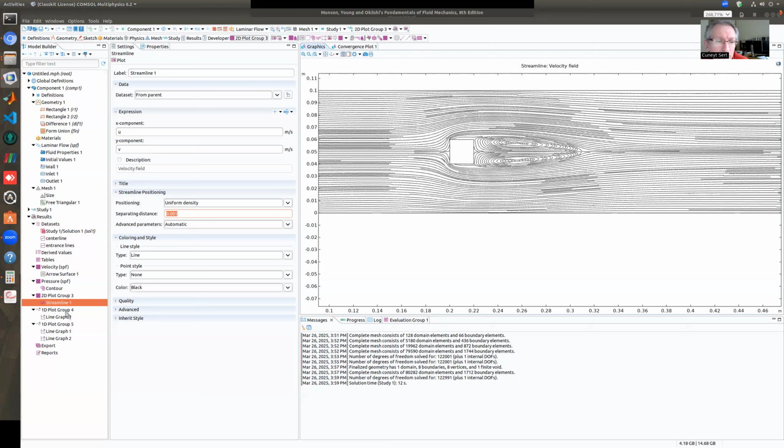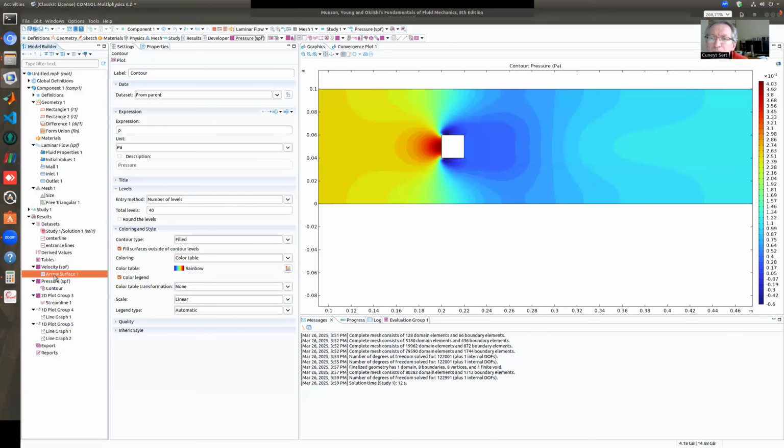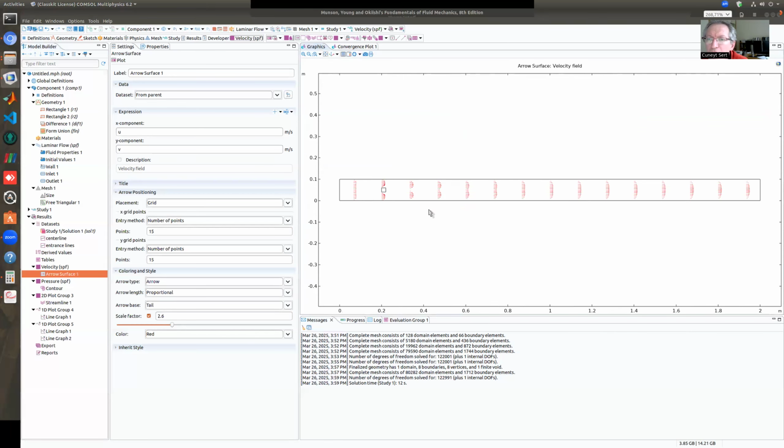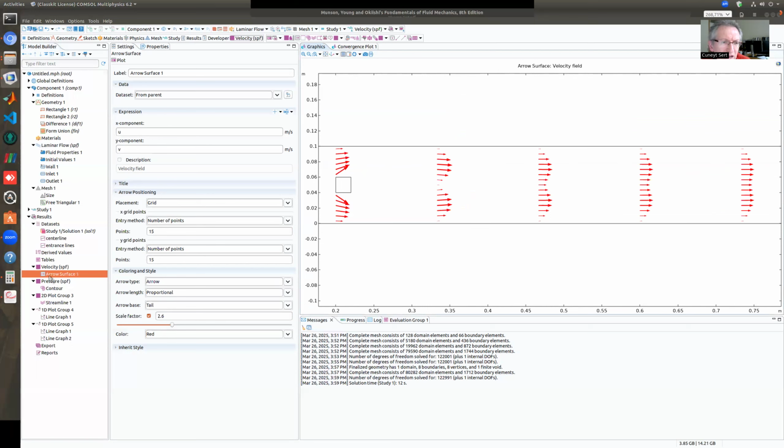So we looked at, neye bakmıştık biz? Pressure control'a bakmıştık. Şuna bakalım. Hızlara bakalım. So what is this? Oh, interesting, right? This is called arrow surface, whatever it is. At certain selected locations, it shows us the velocity profiles.